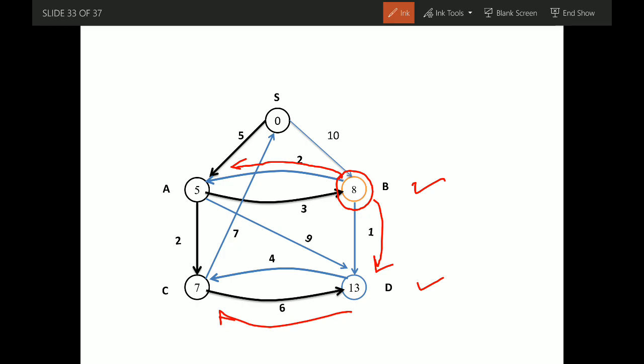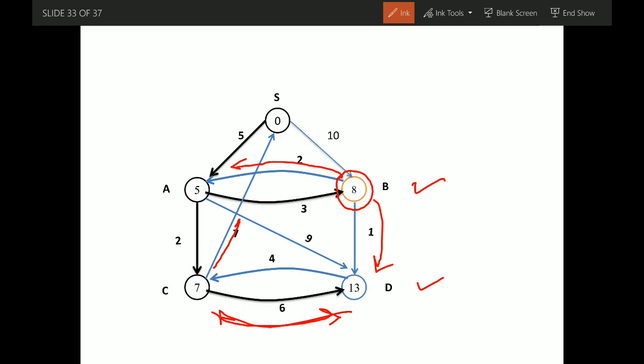Okay, so there is a correction. For C there was another edge, but since it is going to the source, the shortest path estimate cannot be updated for S because it is already 0, so we have also selected that particular edge in the previous example. So now for B we have two edges, to A and D.